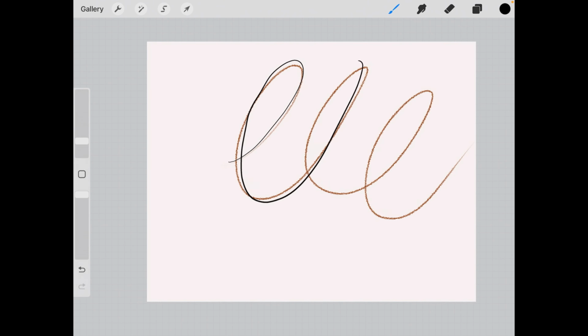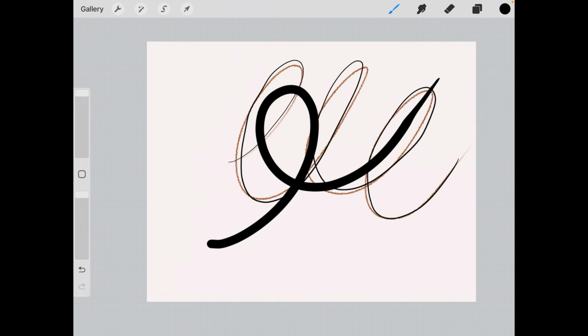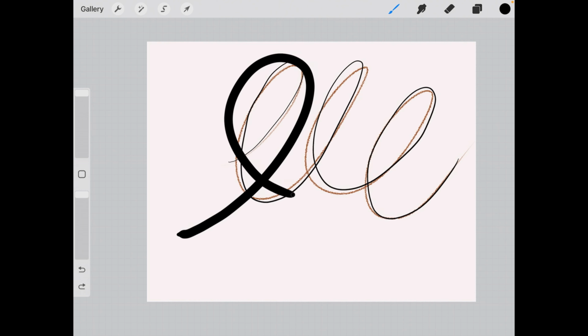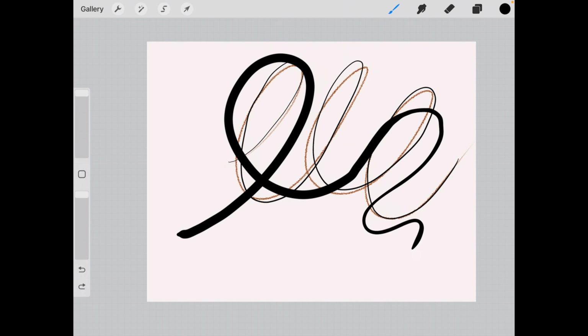So you can vary the pressure: more pressure, thicker the line; less pressure, thinner. And here see, I can adjust the size. I want a very thick brush. This top bar, I will move it up. Now I want to change it back. I want to reduce. Okay, so see here, more pressure, thicker; less pressure, thinner.